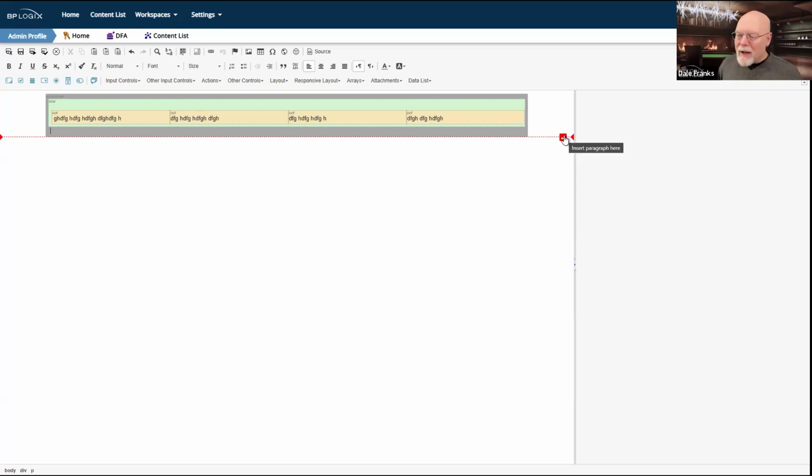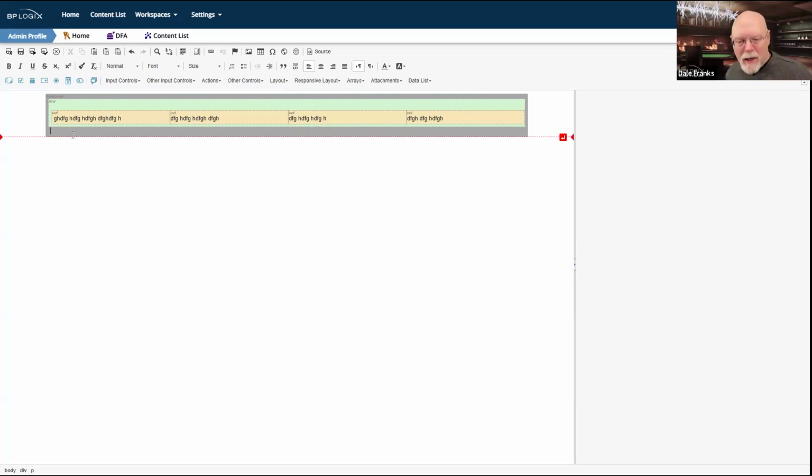So I don't want to click the insert paragraph here icon at this point, because that's going to take me outside of my control. Remember, I said it's kind of wonky putting this stuff in. Where these paragraph controls show up, it will insert a paragraph. I don't really want to insert a paragraph here. That's not a good place. And of course, now that I've inserted this paragraph inside the container, the appropriate insert paragraph mark doesn't show up.